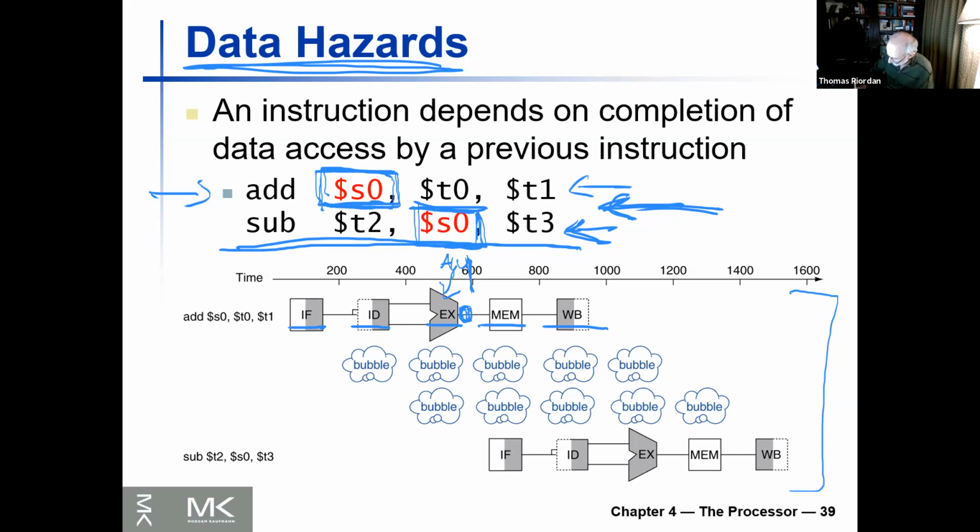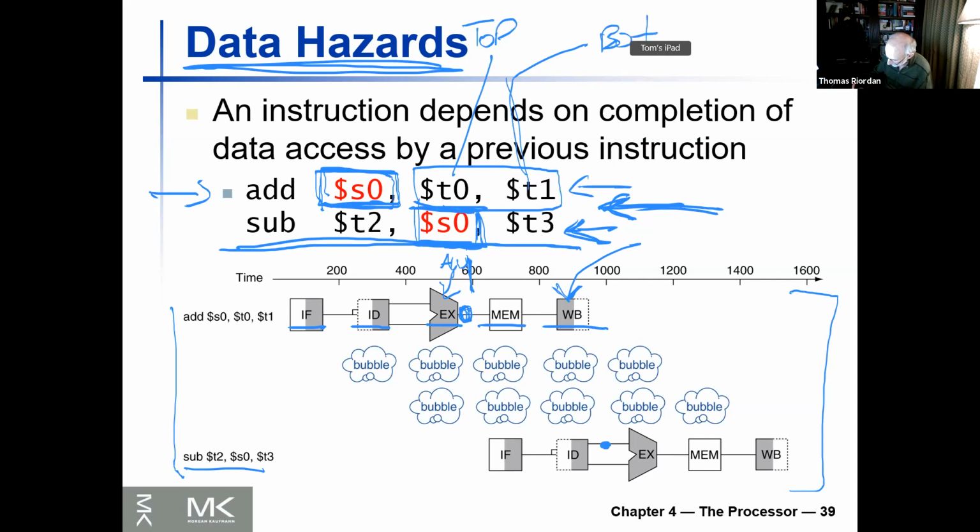And we're not going to write it back into the register file until the write back stage of the pipeline. And so if you look at it from the point of view of simple-mindedness, if we have this second instruction here that needs it, well, we need it at the input of the adder. So we need it right here. And we'll talk about this many times, but by convention, this guy is the top input of the adder, and this guy is the bottom input of the adder. So of these two columns here, this is the top and this is the bottom. So we need this result. We need it